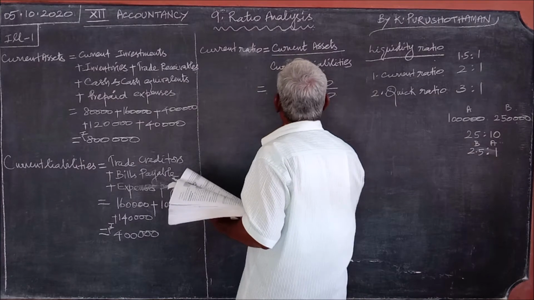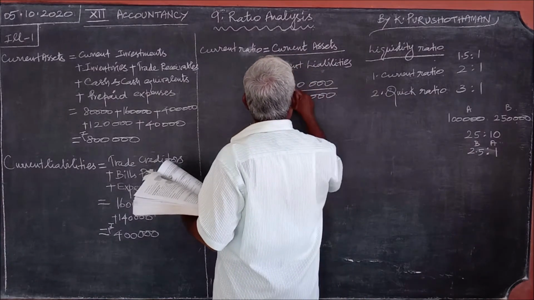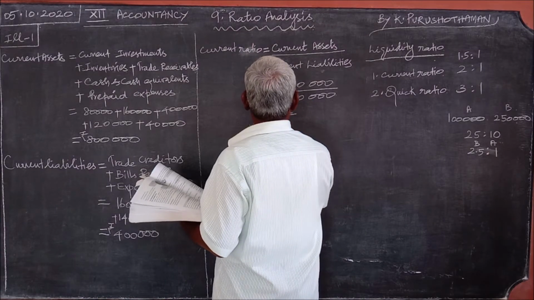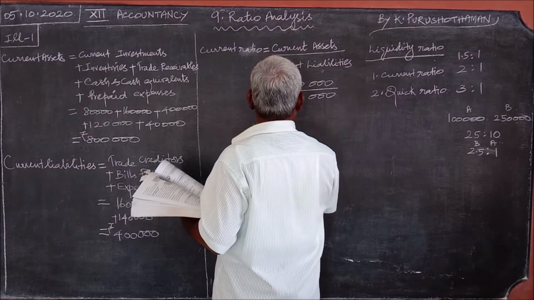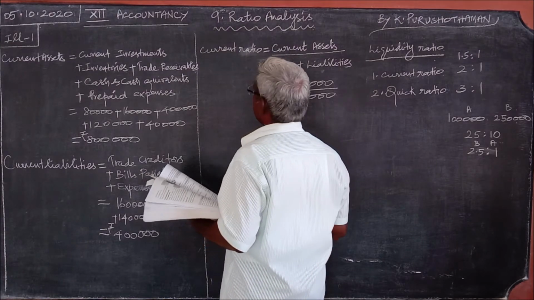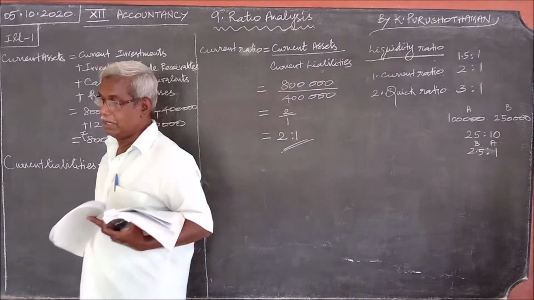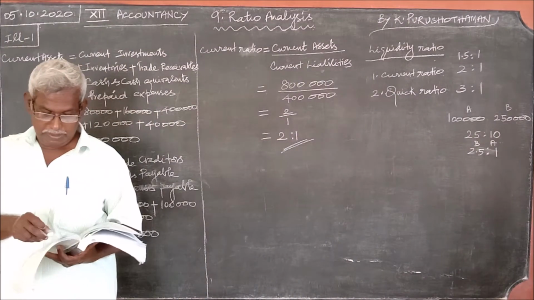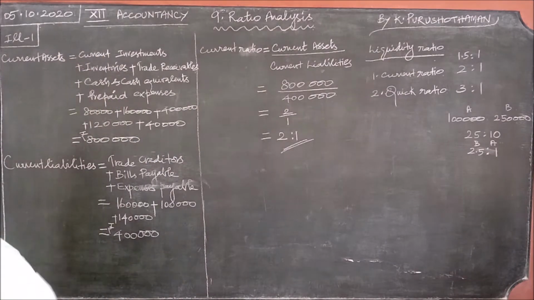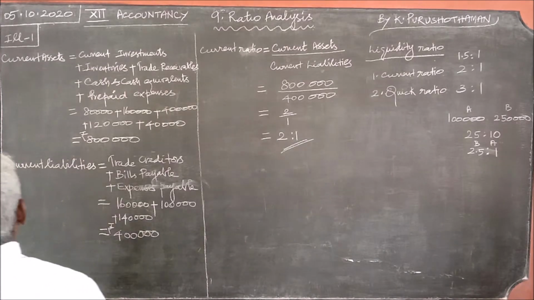And this is equal to 8 lakhs by 4 lakhs, 2 by 1, which is equal to 2:1. This is the current ratio under illustration number 1. What we have done in it, we are going to see the exercise problem also now, and before that, just